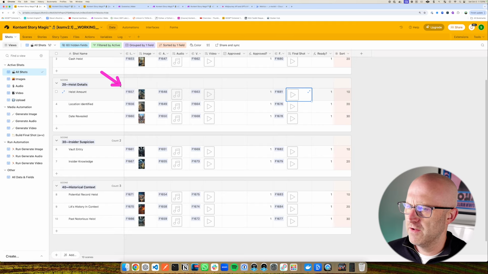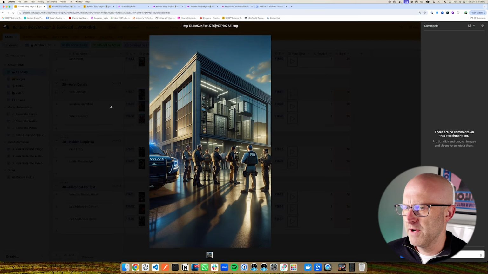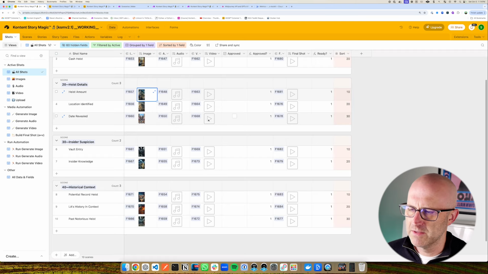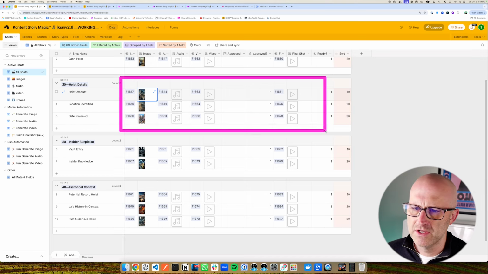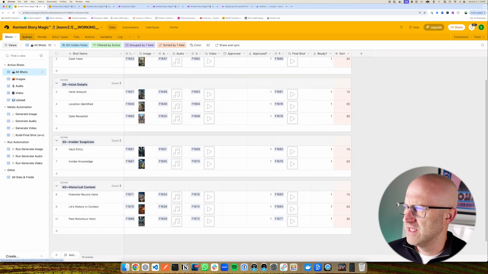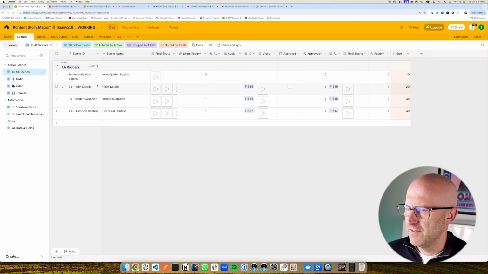Now, because generating all of these different shots can use a lot of your credits, for this demonstration, I'm just using ChatGPT DALL-E 3 to generate these images. There are much better platforms for generating images that you can also integrate into the system. I'll show you that in a bit, but just to demonstrate the power of the system, I'm going to use ChatGPT. So if I jump back to the scenes here, you can see that we have 3 of the scenes